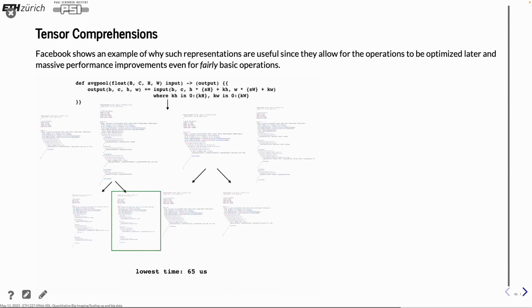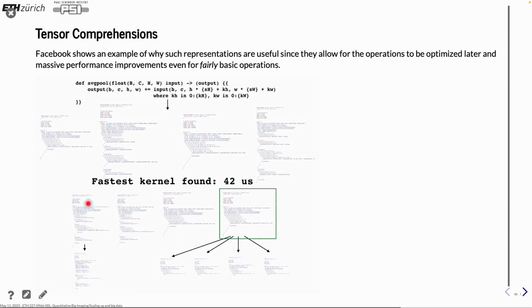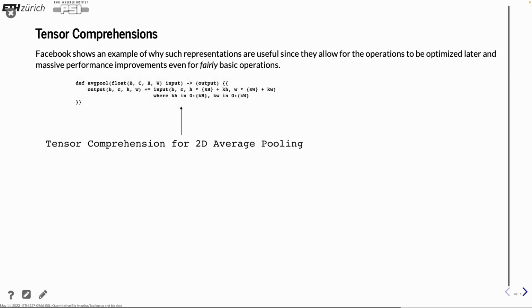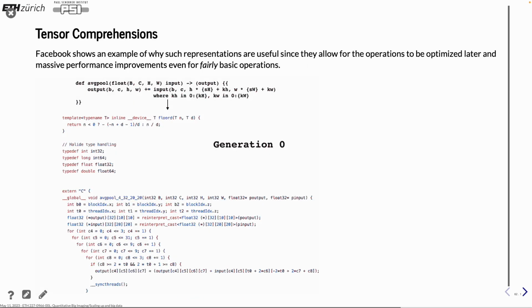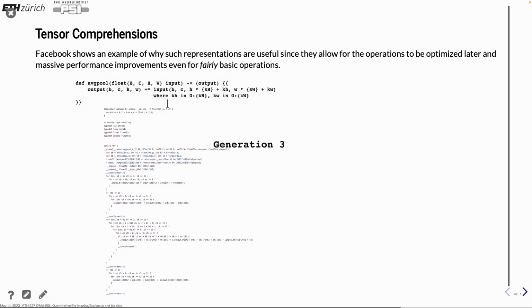And then they see, okay, there are two alternatives which are the most relevant, and these are again permuted into new versions of a code,